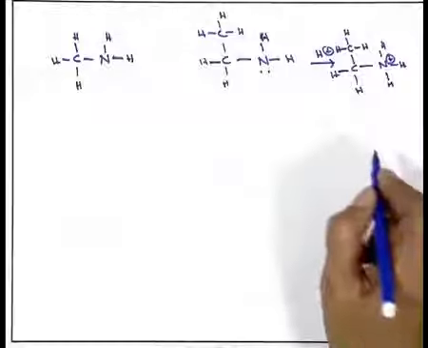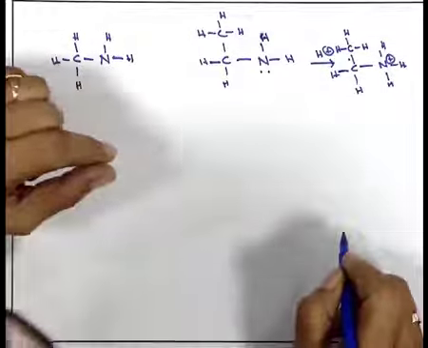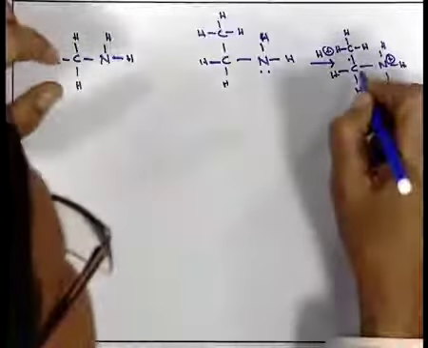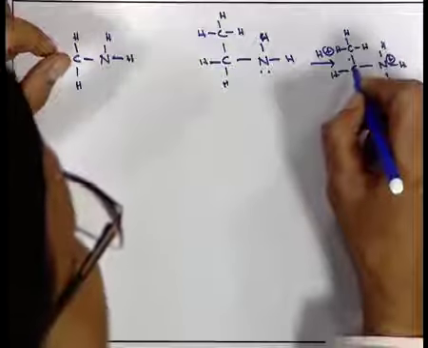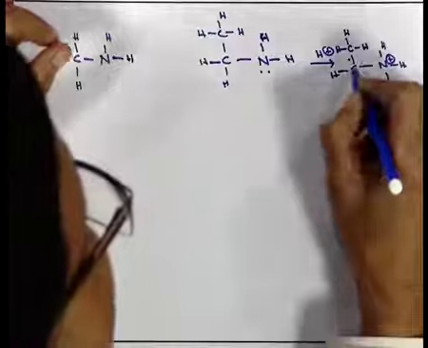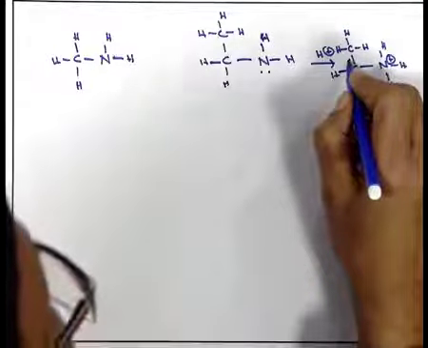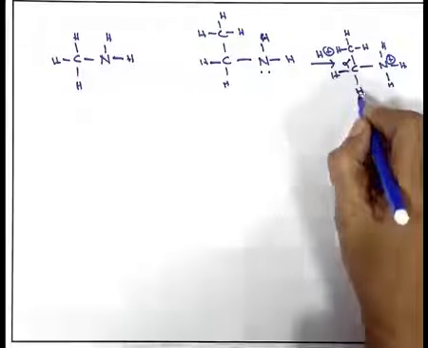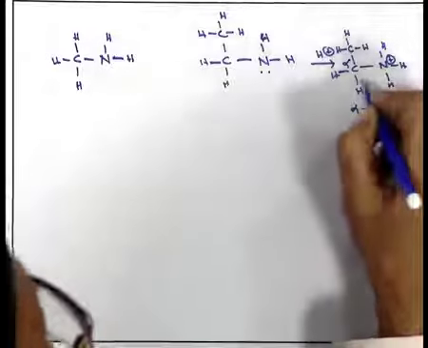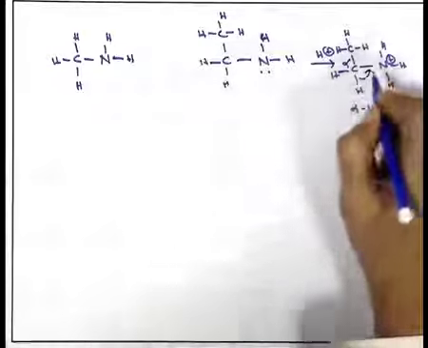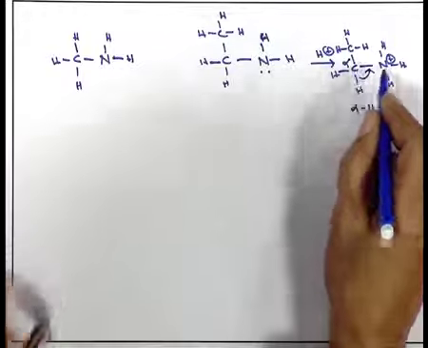What it will do? It will increase the electron density by inductive effect. At the same time, with respect to this nitrogen which is now positively charged, there is a carbon, and that carbon has a hydrogen atom directly attached to it. We call this type of carbon an alpha carbon. So, this hydrogen will be called the alpha hydrogen, and if there is an alpha hydrogen, then this hydrogen could be shifted, or the electron pair forming the carbon hydrogen bond could be shifted to the carbon nitrogen system.